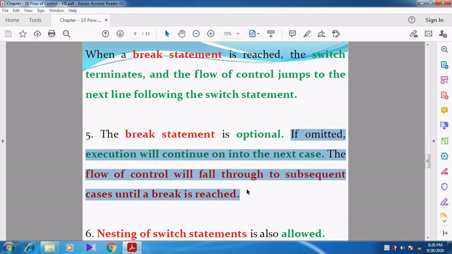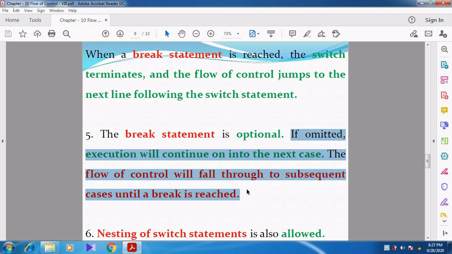If I give break, then it automatically comes out of the switch statement. It terminates the switch statement. But if I do not give the break statement, then the other statements, which do not match the expression, will also be executed, which is unnecessary. Can you understand, students?